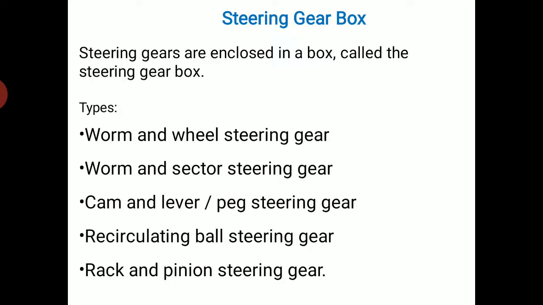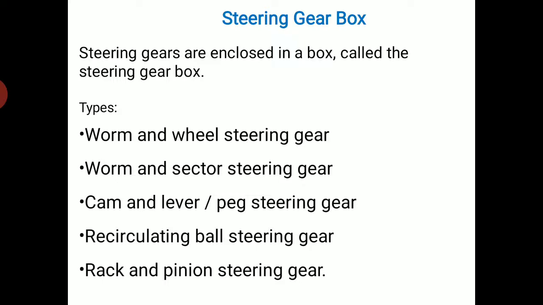Steering gears also provide a torque multiplication. Whatever the steering effort that is there, it multiplies the torque. It multiplies the driving steering effort to provide adequate force for the steering column. Different gears are provided for cars and for trucks, with different steering ratios. Especially in the case of cars, maybe 10:1 or 22:1. For trucks, 24:1 or 32:1. These are the gear ratios provided for cars and trucks.